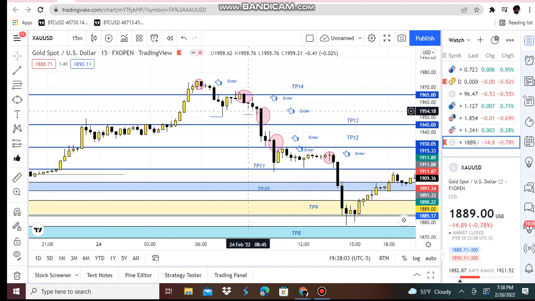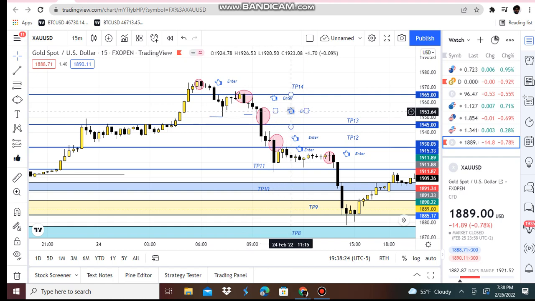It makes a lower high. It just won't make a lower low. It'll make a lower high. It stopped at 1951 from 1965, mind you. Once it made this bearish engulfing pattern for our second entry, boom, it goes to 1951. Boom, we could have gotten out of the trade, right? Then it goes back up to 1955 with this black Marubozo candlestick, and we could have gotten in for another